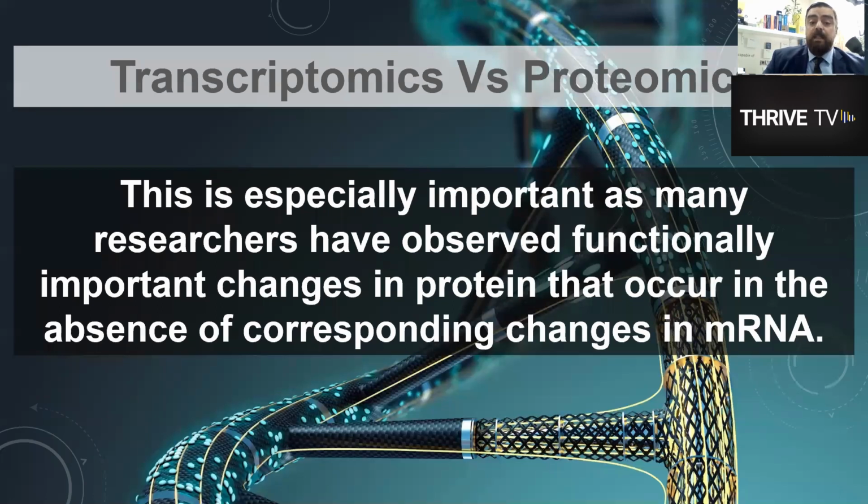This is, of course, even more important as many researchers have reported and observed functionally important changes that happen only at the level of proteins. These are happening at the level of proteins, but they are absent at the level of mRNA. So we see changes in proteins that occur in the absence of corresponding changes in messenger RNA, which is something that we did not expect. But this shows, as I told you, that we have lots of modifications and lots of interactions that can happen for the proteins that are not just the mere